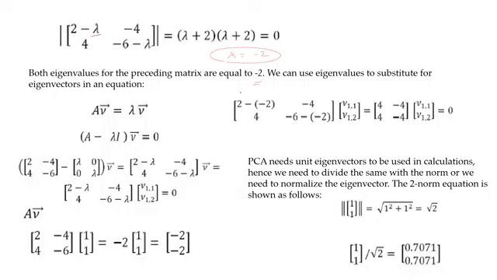Now you will substitute that lambda one by one. Here in this case it is lambda plus 2 and lambda plus 2, and sometimes it could be lambda plus 3 also. So there the lambda would have two values, lambda equal to minus 2 and lambda equal to minus 3. Now we'll substitute this lambda one by one, and based on that, we will come up with the eigenvector. So the eigenvector looks like this.